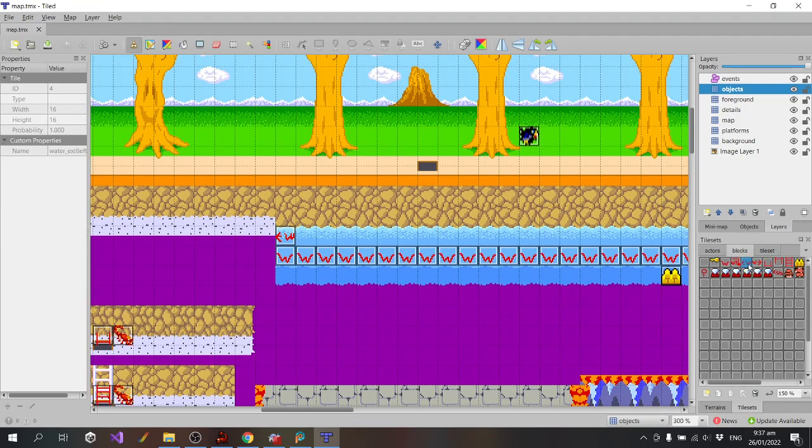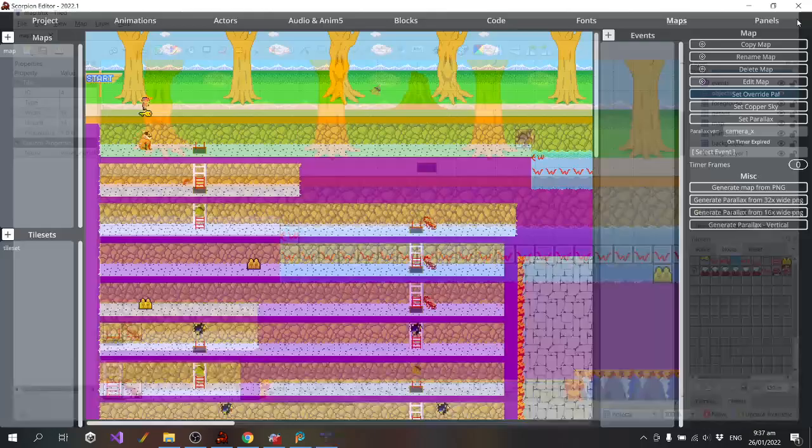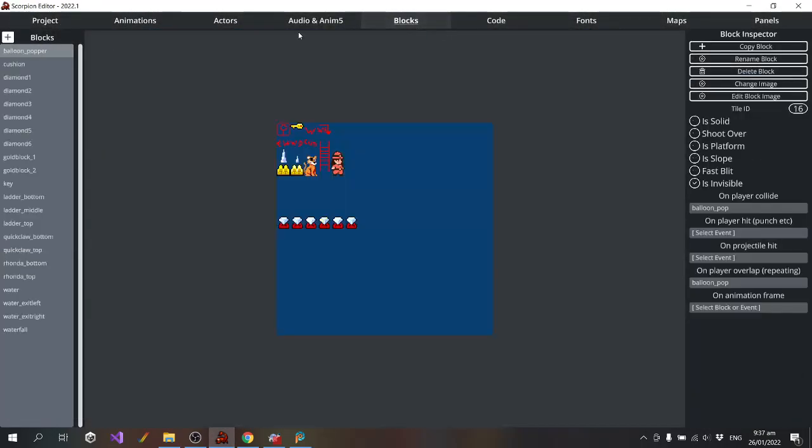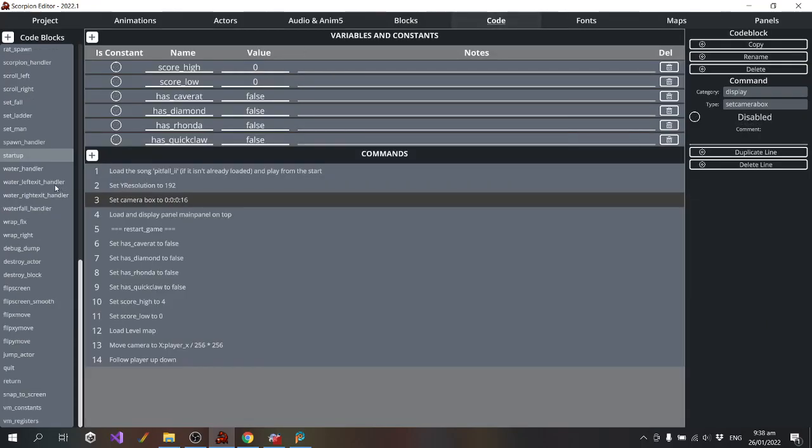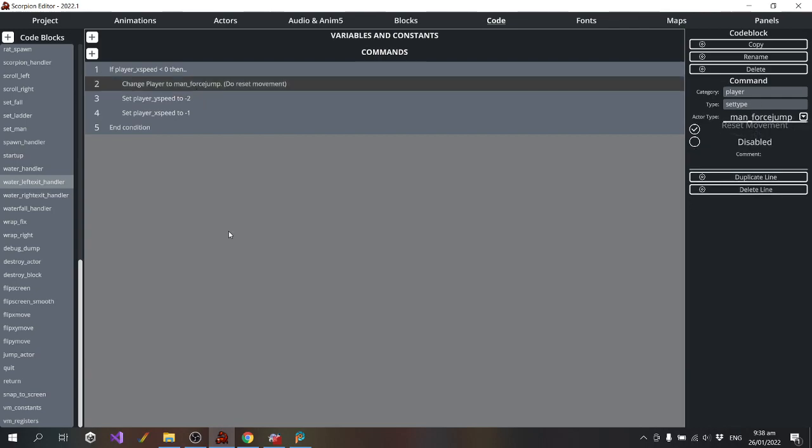That block is water exit left. So let's have a look at water exit left handler. Change player to man force jump.